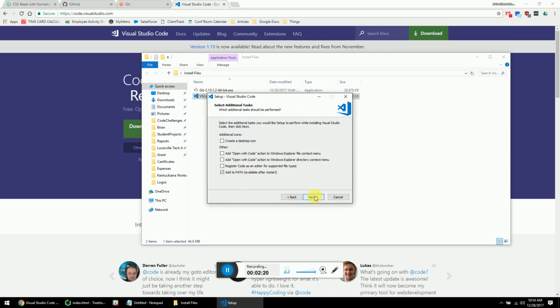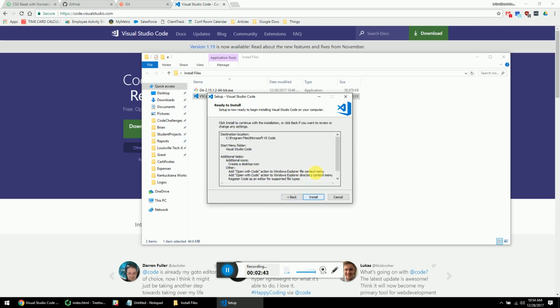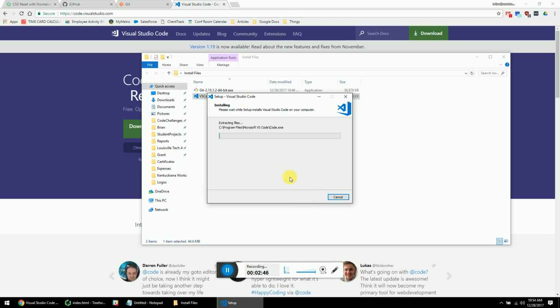You can change how it appears if you want. And here are a few options that you can add. I personally do like to have a desktop icon, so I'm going to go ahead and check that. And I plan to have all my code files open in Visual Studio Code, so I want to have these options. You can add them if you want. You don't have to, though. So I'm going to go ahead and select all of them, and then just confirm, and it's going to install. So while that's installing, I'm going to be talking about